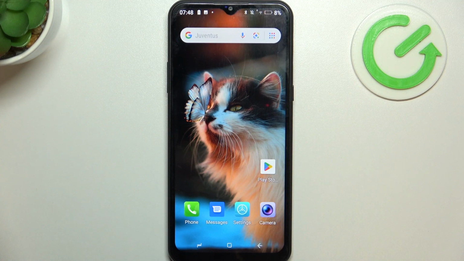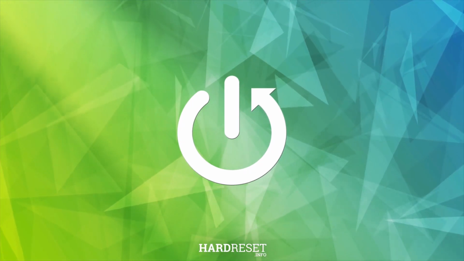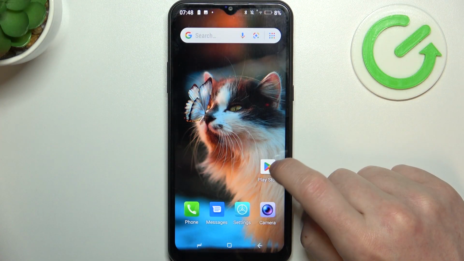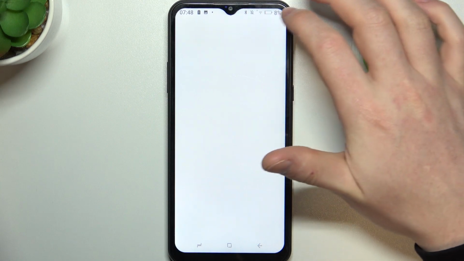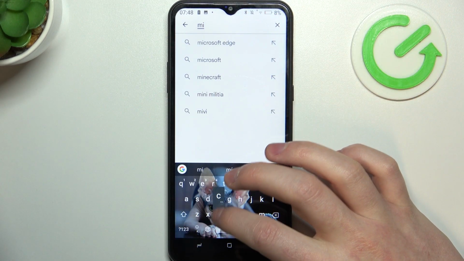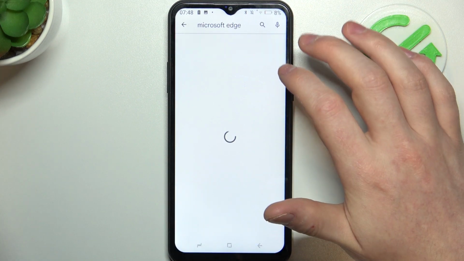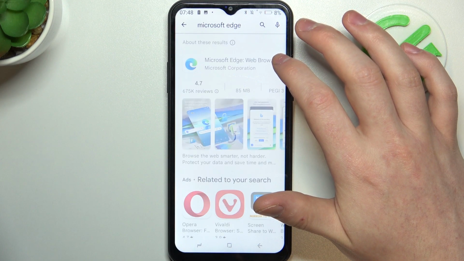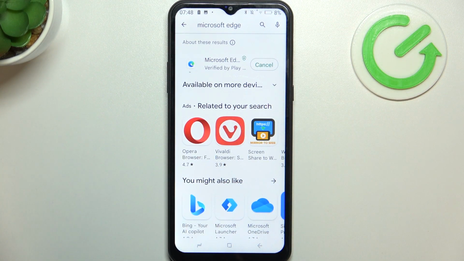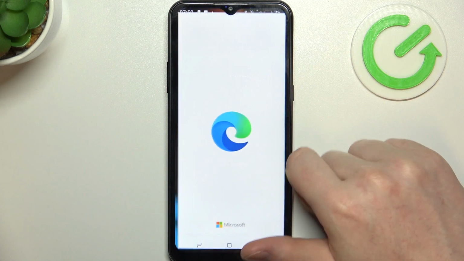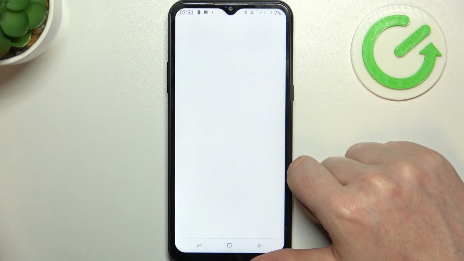Hello, in this video I want to show you how to install the Microsoft Edge browser on Doogee X95. To do this, you'll need to open a Google Play Store. Inside, find Microsoft Edge, then install it. When it's ready, you'll be able to launch a browser